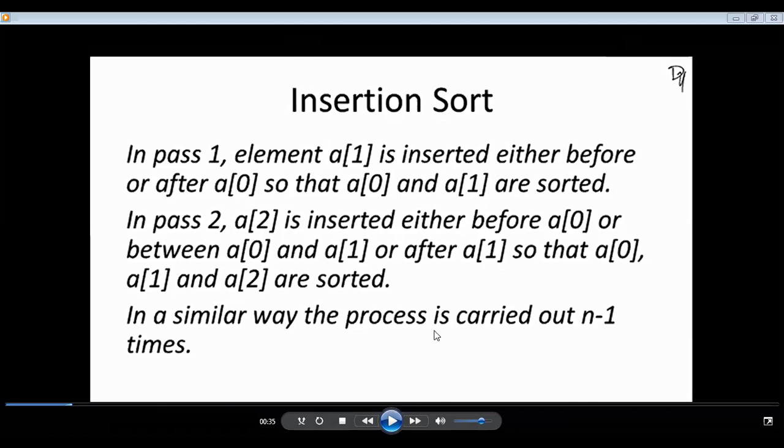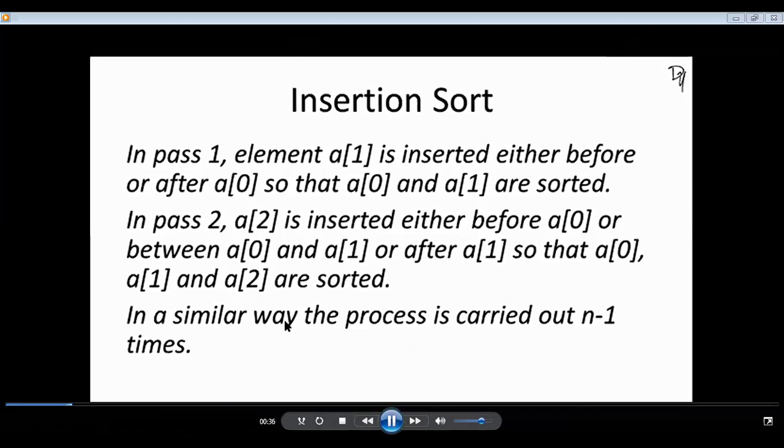So as with bubble sort and selection sort, in insertion sort we have to carry this out n minus 1 times. That is, n minus 1 passes we require to complete this sorting algorithm, right?